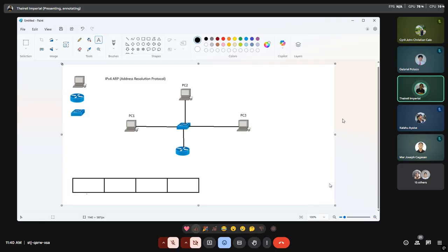And we'll have some addresses, specifically the IP address. Here we'll assign an IP address generated from IPv4.